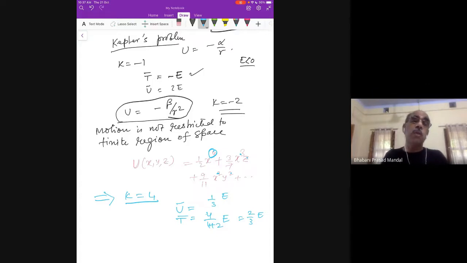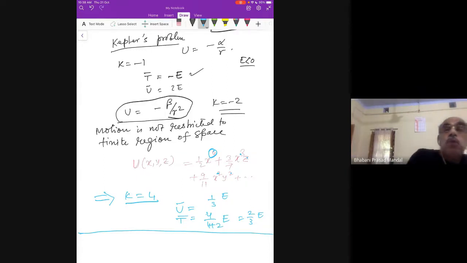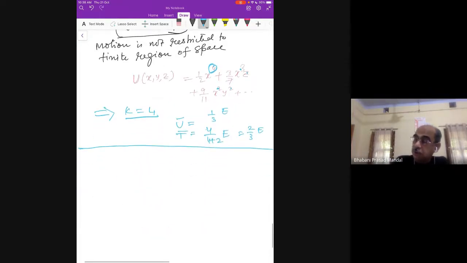This is all about it. Now if you have understood this class, you have known almost everything about the virial theorem, which I am supposed to teach in classical mechanics. Okay, so now we'll move to another topic. Velocity dependent potential we have not discussed, and now it is time to go in that direction. And for that, we need to go back to our very beginning discussion when we discussed the constraint system of constraints.